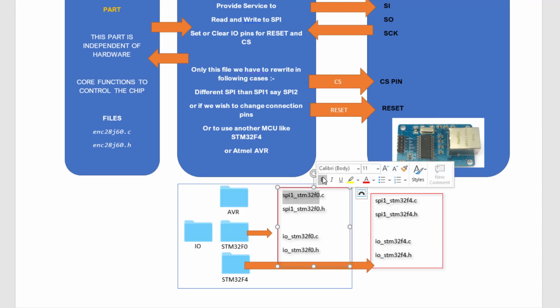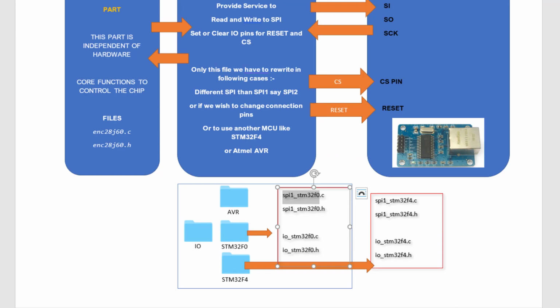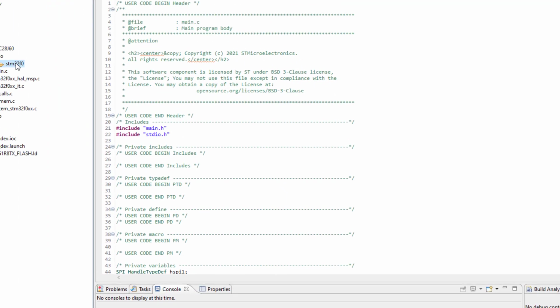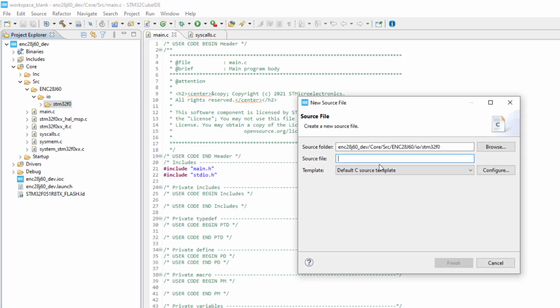STM32F0, this set of files, C and H files. New source file, and name it like this.